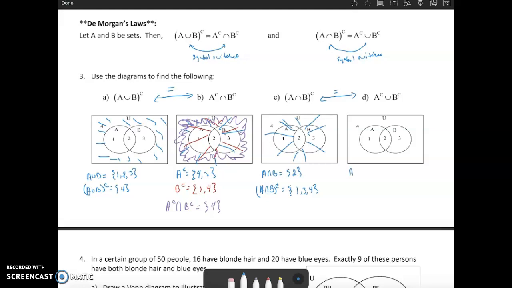Okay, so we already know A complement, we already did this, that's 4 and 3. And we know that B complement is the 1 and the 3. Sorry, the 1 and the 4. And that's from our prior work. So what is in A complement union B complement? In one or the other of these, that would be the 1, the 3, and the 4. So we get the exact same